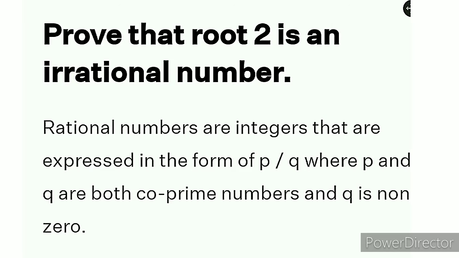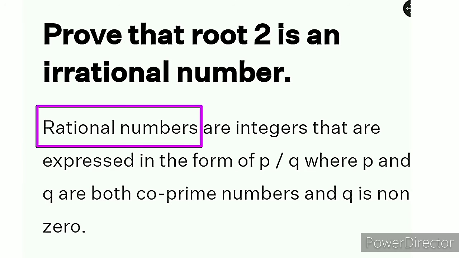irrational numbers. So here we have the definition of rational numbers. Rational numbers are numbers that can be expressed in the form of p over q, where p and q both are coprimes. So let's have a look at the meaning of coprime. The meaning of coprime is that the numbers p and q are integers such that they don't have any common factors between them,